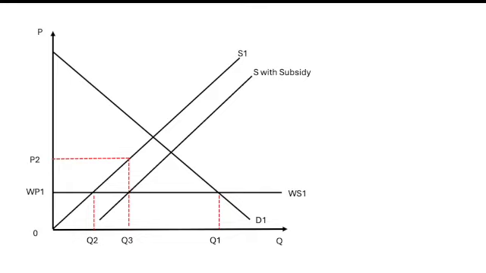Now, if we want these domestic suppliers to produce at Q3, they're not going to produce at Q3 unless they get a higher price per unit. So even though the producer is selling at world price 1, they're actually receiving P2 from the government. So in other words, the cost to the government of this trade subsidy is going to be that blue rectangle there. Now, because the domestic producer is receiving P2 even though they're selling at world price 1, they will gain